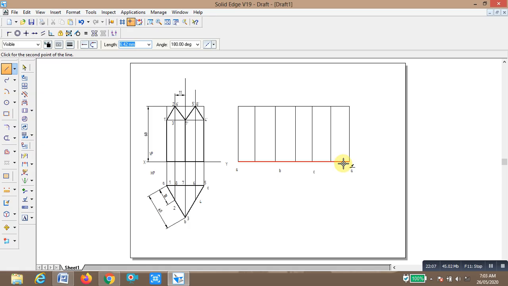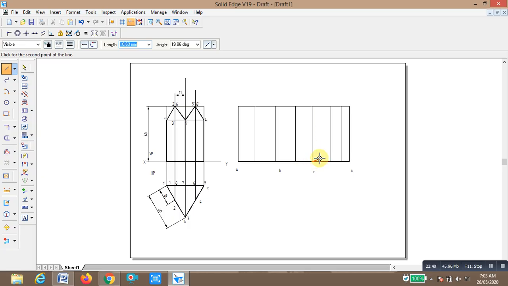Similarly here also, this is point A, from A to C, from C to A, again it is 9 mm, select this, so 9, enter, 0, enter, here you draw another vertical line.